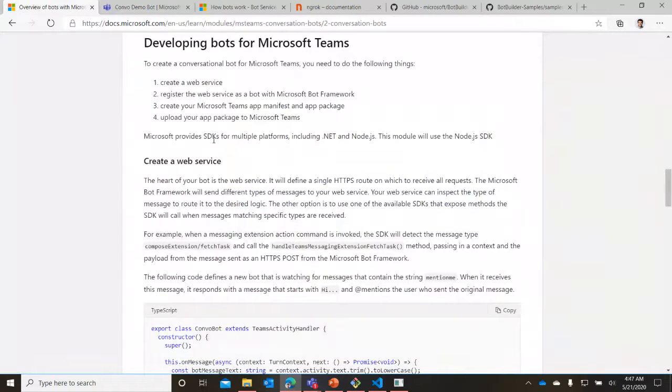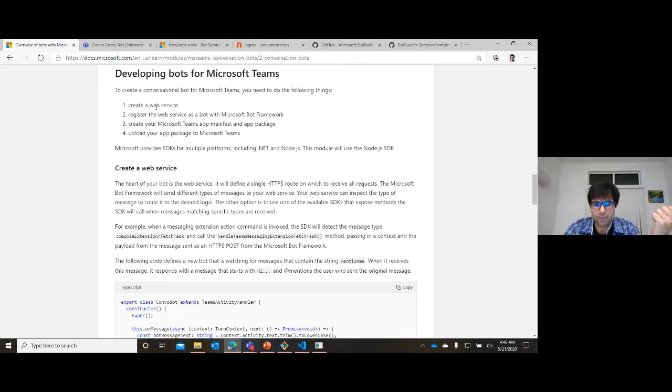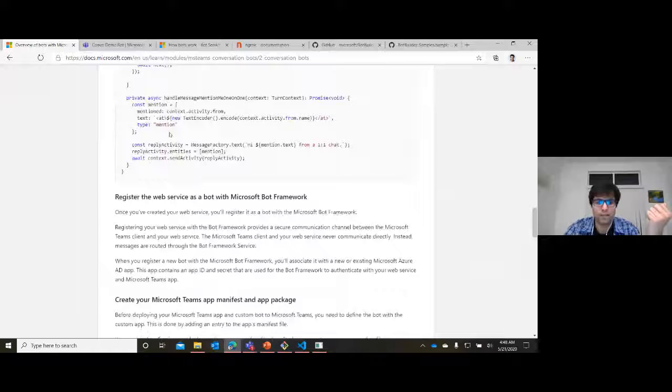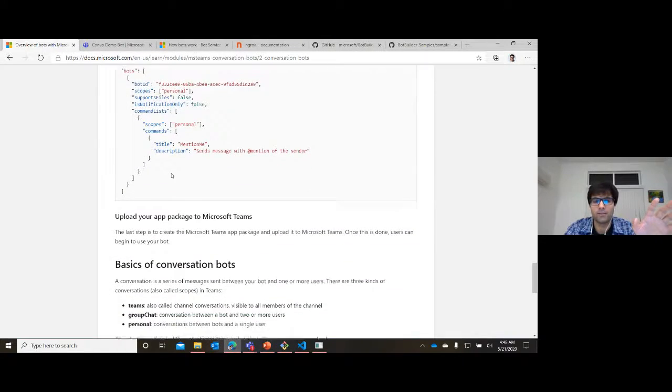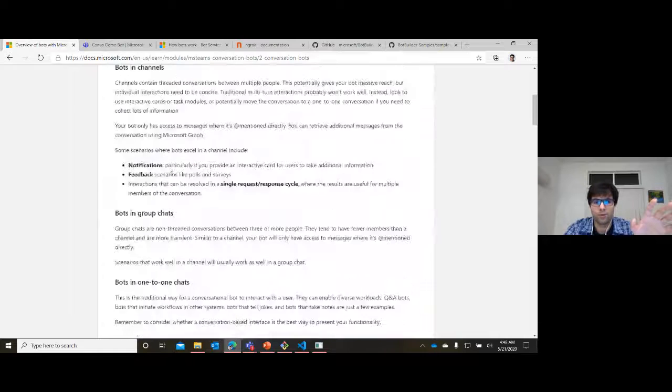So if you followed along till this point, congrats, you have your first bot up and running within Microsoft Teams. You've created your very own web service. You've gone ahead and registered it with the Microsoft Bot Framework. And lastly, you've created the package with the Microsoft Teams app manifest, and you were able to upload the app package onto Microsoft Teams. So you, at this point, have successfully completed, I would say, the high-level objectives of Unit